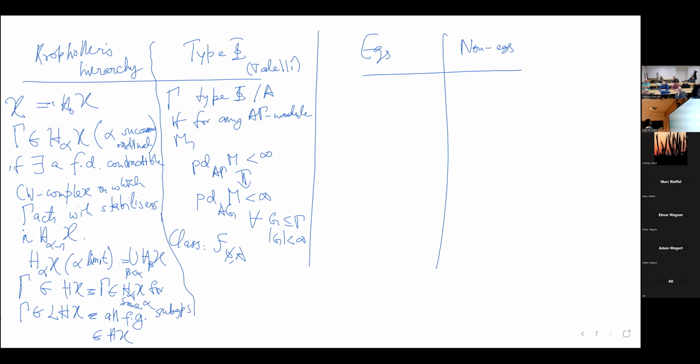For examples, H1, if I take X to be the class of all finite groups,